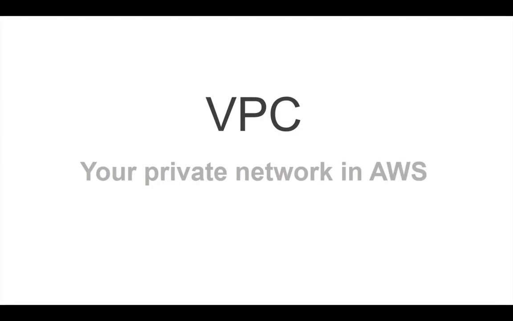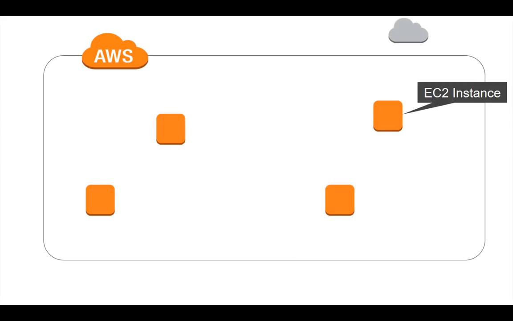Okay, so let's talk about VPCs, virtual private clouds, as we know them. And this is your private network within AWS. So when you first start working with AWS and you maybe launch an EC2 instance, and we're going to get